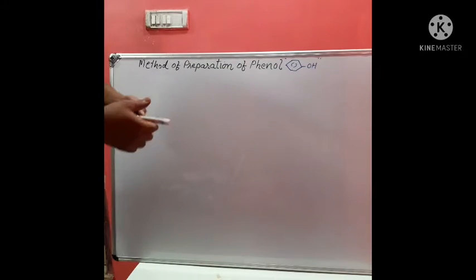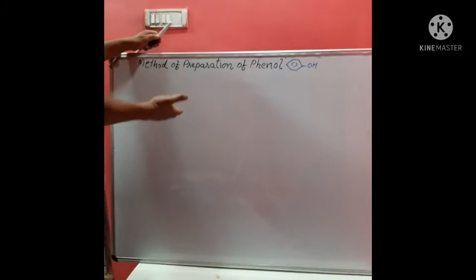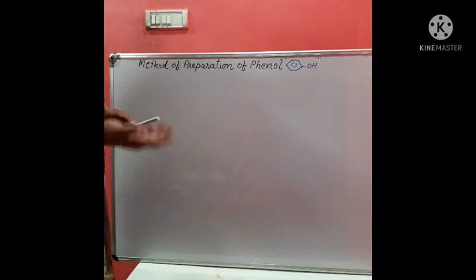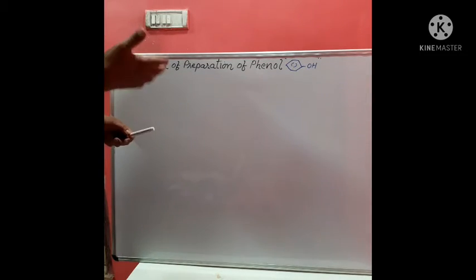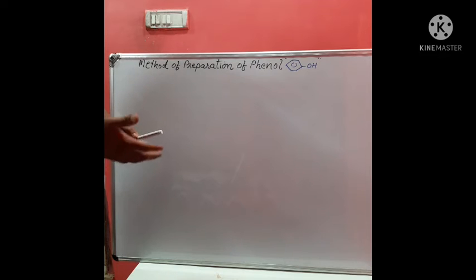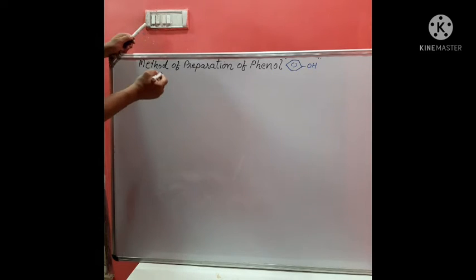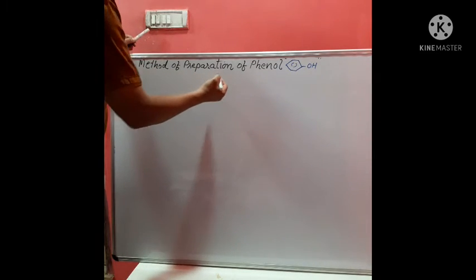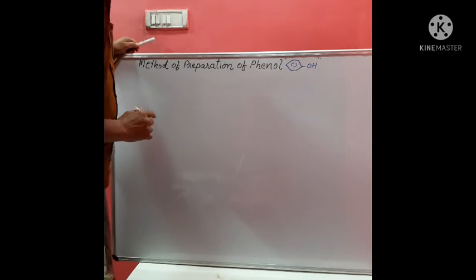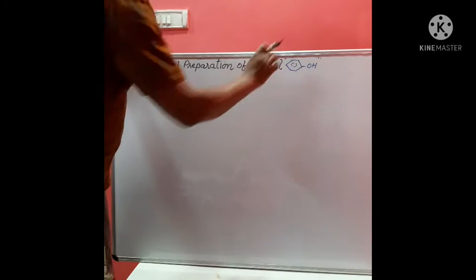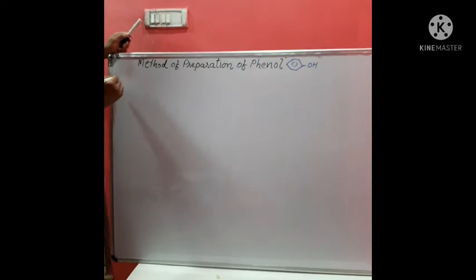Yes, students, after the study of phenol, that is the introduction of phenol, its electronic structure, then classification of phenol, then different types of compounds and their names. Now we enter the next content. This is the method of preparation of phenols. Okay, this is the benzene ring and OH. So students, the first method is